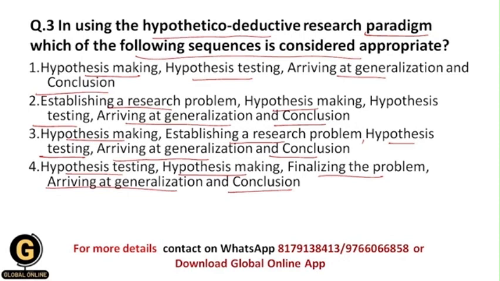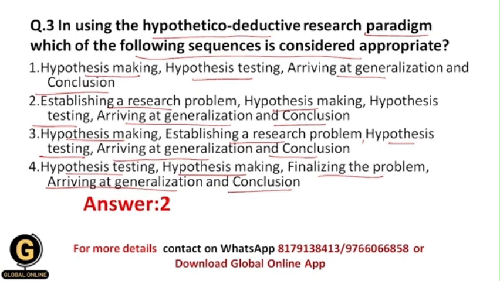Okay, so your correct answer should be 2, because whenever you do any kind of research, your first step should be to establish a research problem. Okay, and that's why basically you need to identify first of all the research problem, then establish a research problem, then after that formulate a hypothesis, then test a hypothesis, then arrive at generalization, and the last section will be of